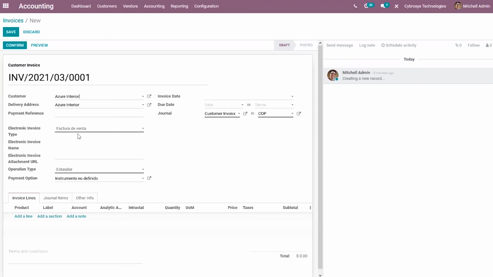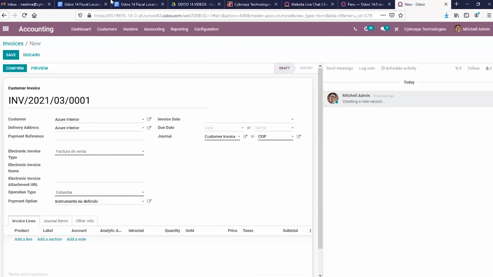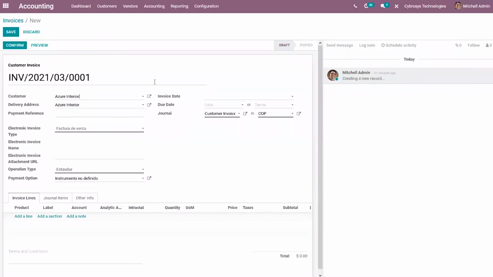Okay, so here we can see the electronic invoice type.